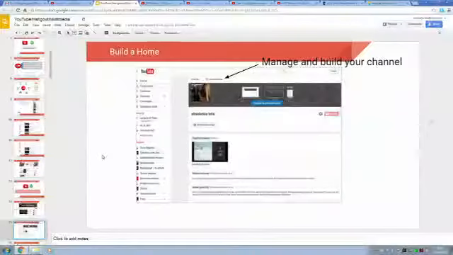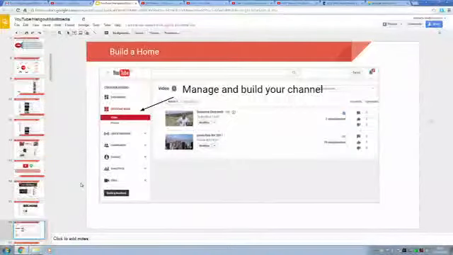Okay, so it's very important that you really use all of these tools to organize your channel in a good way, so that your channel becomes a real channel. It's not only the situation where you put up video and assemble that, but it's organized as a channel for people to go through.